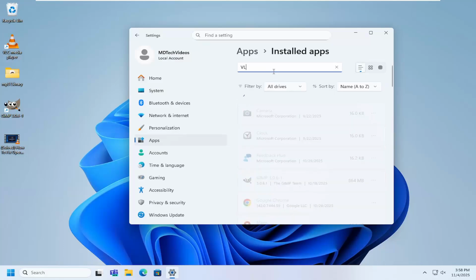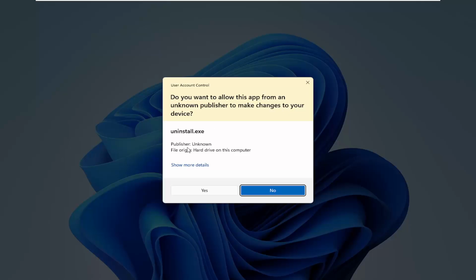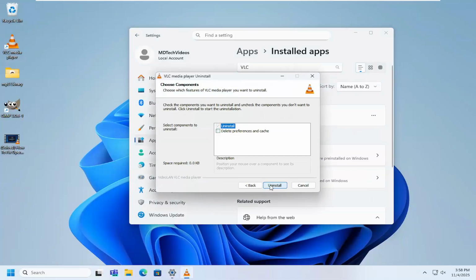Search for VLC in the search menu here, located on the list, and select the three-dotted icon next to it that says More Options, and then select Uninstall. This app and its related info will be uninstalled. Select Uninstall here. If you receive a user account control prompt, select Yes, and select Next, and then if you